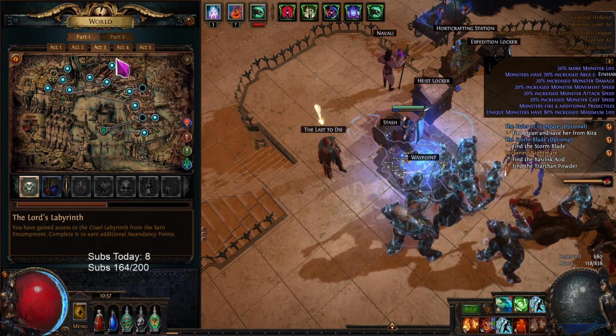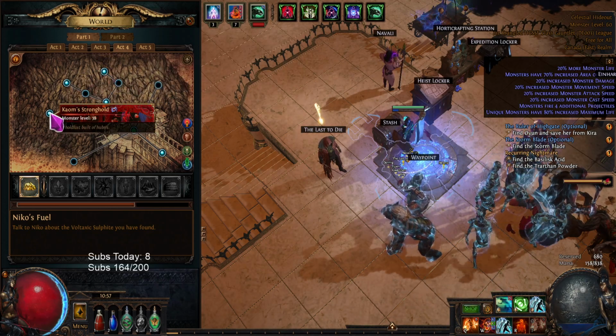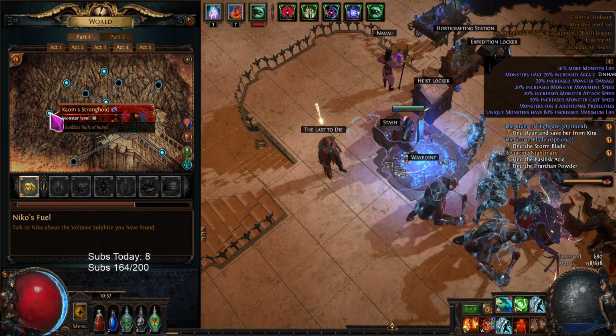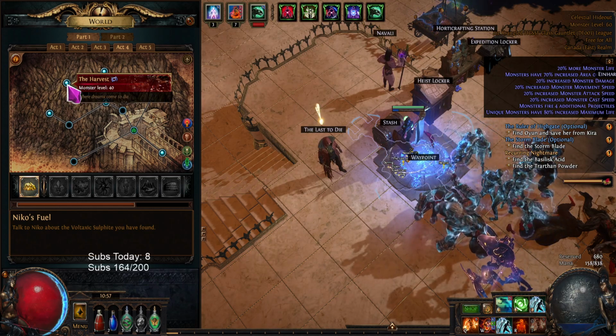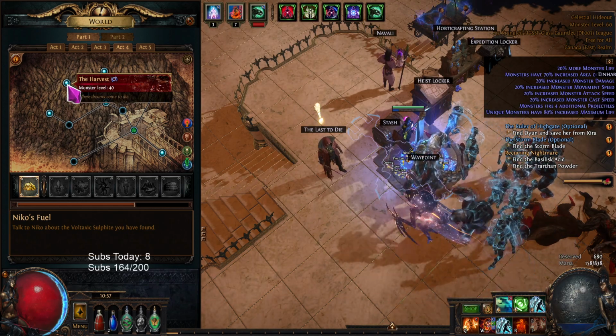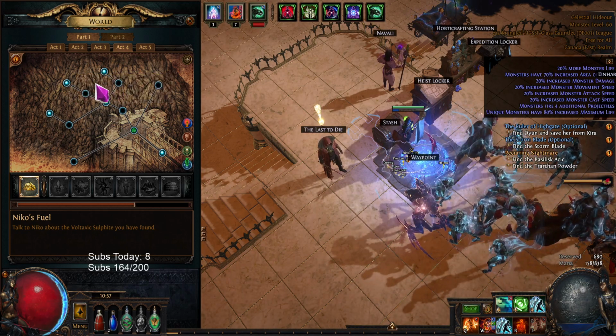Just have your lightning res capped, and then this guy's easy. This comb guy was fine. Just stay away from the projectile volcano thingies and the harvest. Piety, make sure you have enough damage to kill her really fast, and then just frostblink over the laser, and